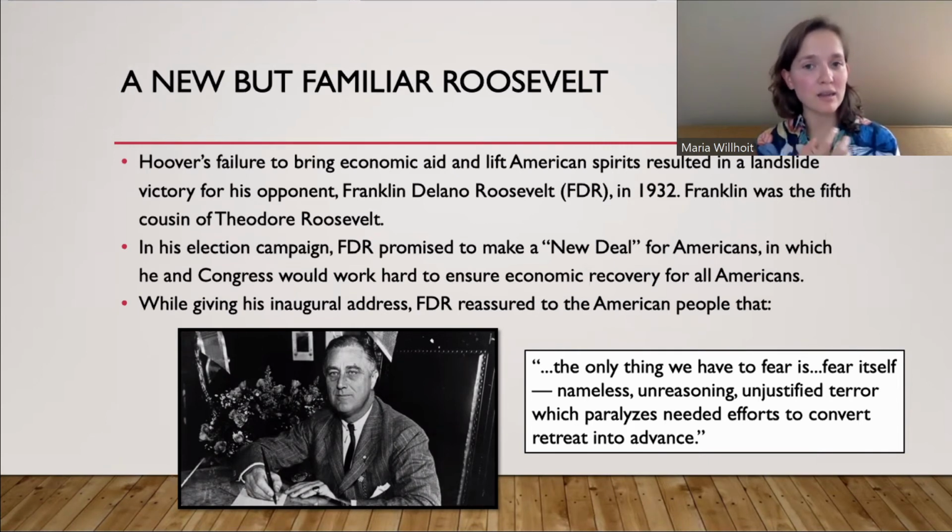And Franklin Delano Roosevelt, he was a Democrat. He promised to the American people that he was going to give them a new deal, in terms of he and Congress working together, working hard to make sure that America could recover. This was part of his election campaign. So he ran on the promise of a new deal, kind of similar to a square deal, which his fifth cousin, so he's related to Theodore Roosevelt, had promised. And like his cousin, Franklin was going to make sure that everyone was going to get a square deal, a new deal, though, one that would really help all Americans, especially the poor and middle class and farmers as well.